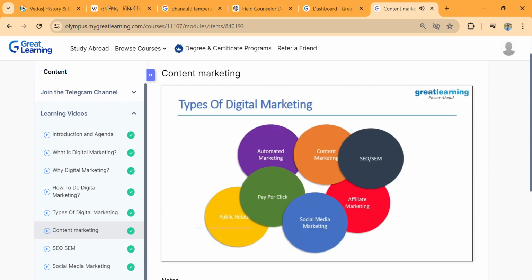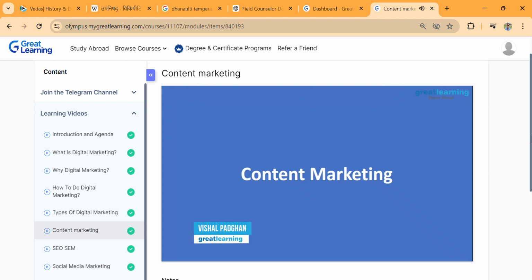Let us now go ahead and understand each one of these one by one. The first one that we have is content marketing. The reason we are talking about it first is that content is central to any form of marketing that you do, be it digital marketing or offline marketing. You need content. Let's assume that you want to market a particular product using a newspaper. You throw in an ad, that is nothing but your content.